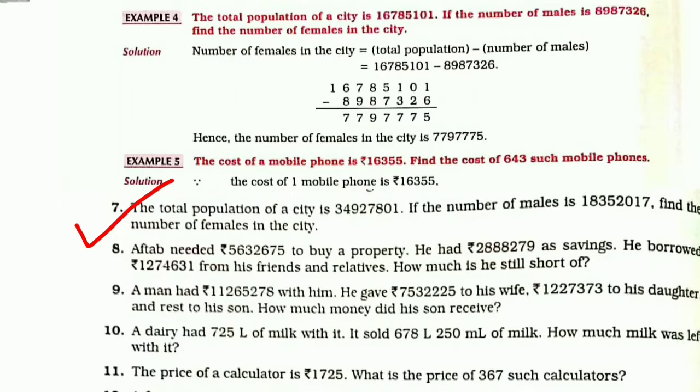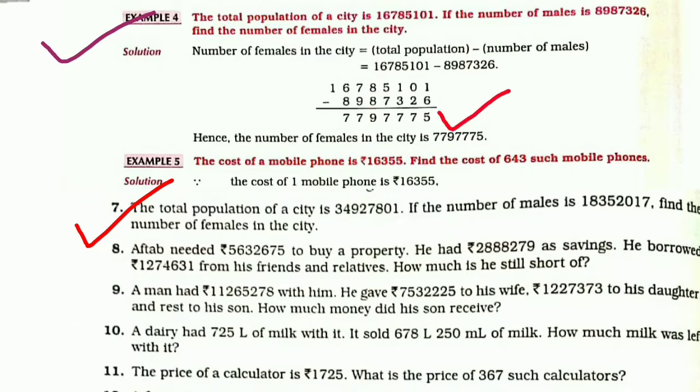As you can see example number 4 on the screen, the total population of the city is 1,67,85,101. If the number of males is 89,87,326, then find the number of females in the city. So for solving this, what we will do? We just subtract number of males from the total population and then we will have the number of females in